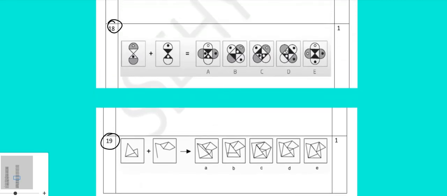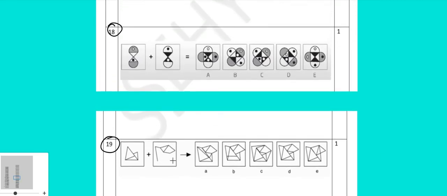Moving on to our next example, that is example number 19. Here this figure might seem a bit complex, but all we have to do is look at it carefully. So here we have a triangle with 1, 2, 3, 4 and then 5 and 6 lines. This is the figure right here. So let us look at the first,